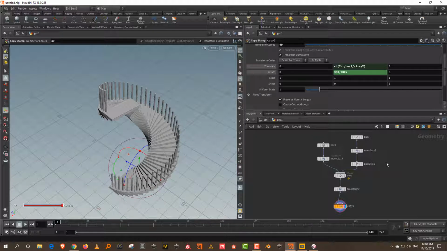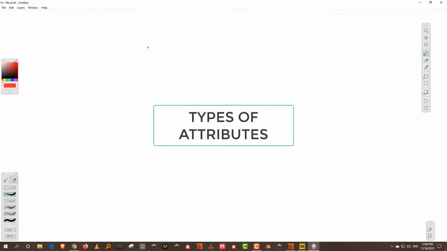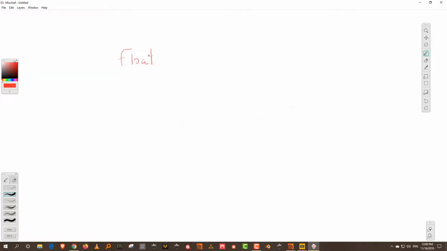Now, there are multiple types of attributes. We're going to take a look at 3 of them. So you have 3 types of basic attributes. The first one is a float. A float attribute is a single value with decimal places.